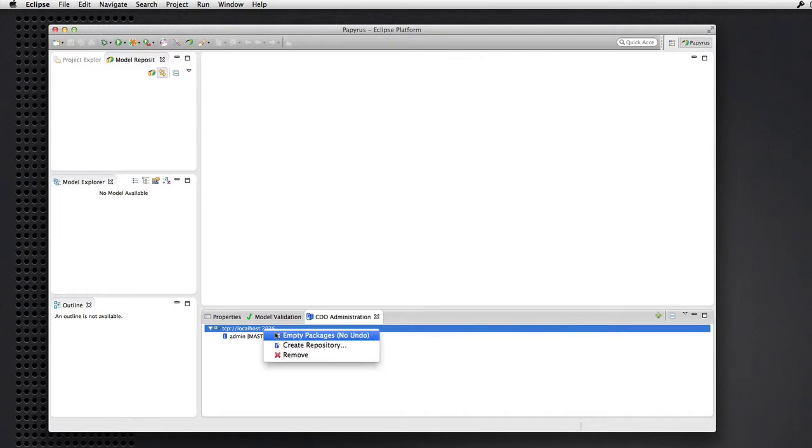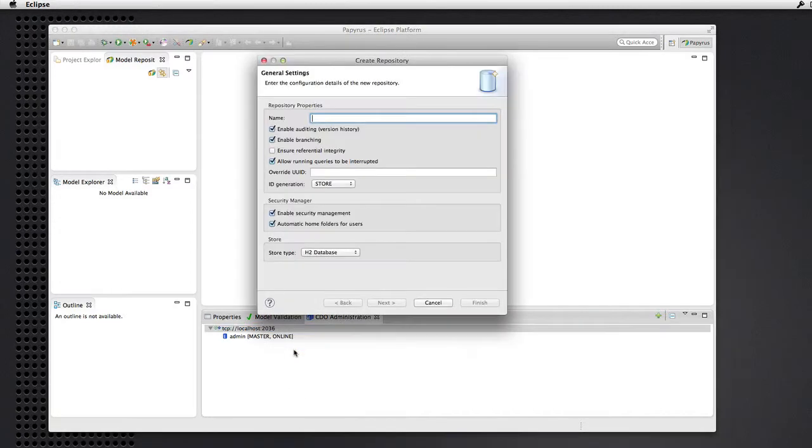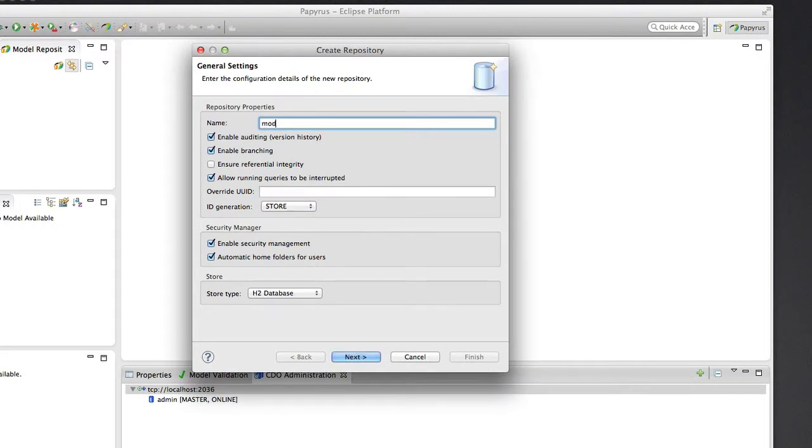So let's create a new one. We'll create a repository, we'll call it models. We'll take the default options. We want to support auditing, maintaining versions, branching, which isn't something that we really have the tooling yet to make full use of. And store-side ID generation, various